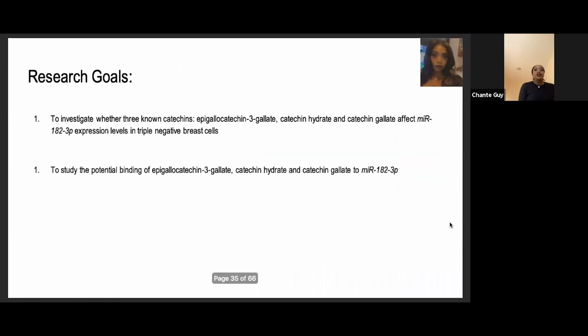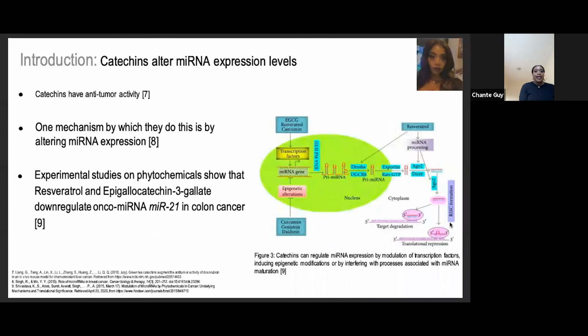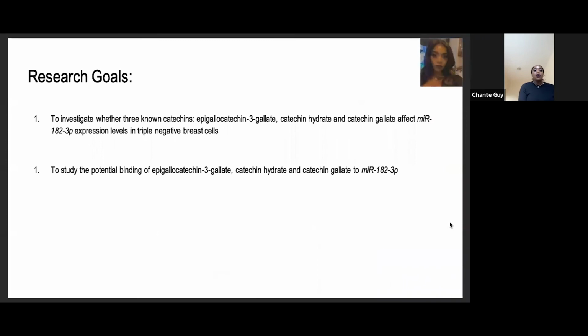Data has shown that microRNA levels are regulated by catechins. Figure 3 on the right shows mechanisms by which these catechins regulate microRNA levels. Other studies have shown that oncogenic microRNAs are downregulated by these chemicals. Next slide. As a result, our goal here investigates whether 3 catechins abundant in green tea, namely Epigallocatechin 3 gallate,